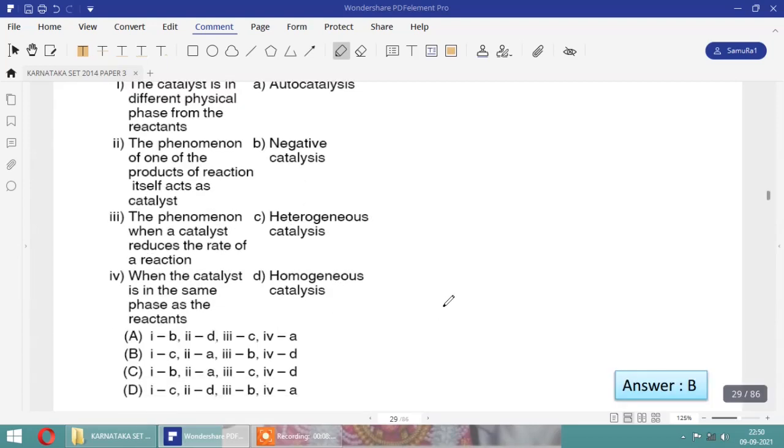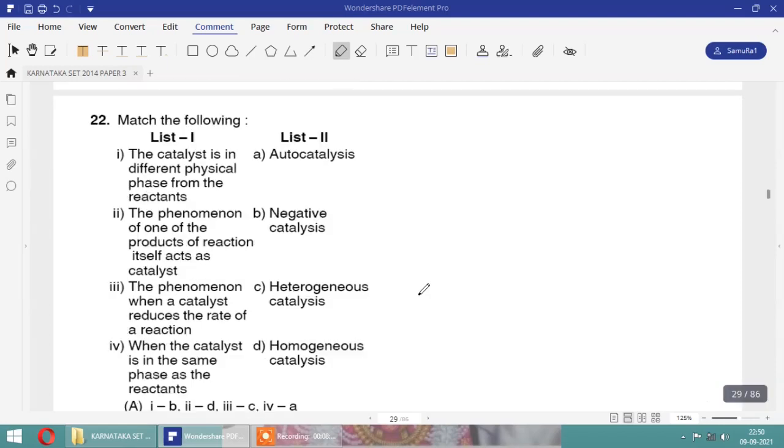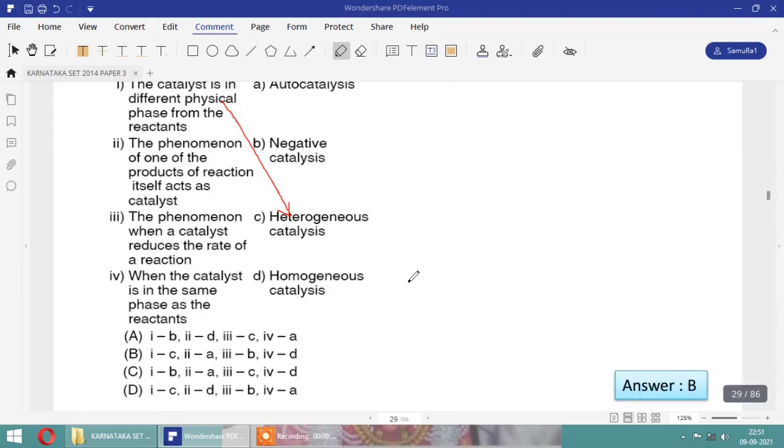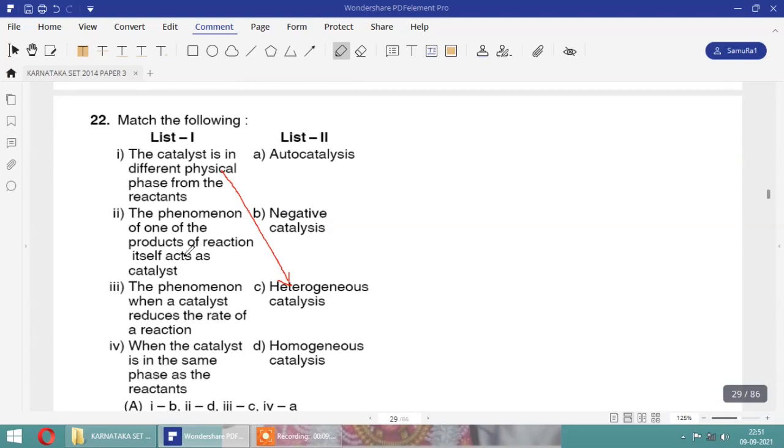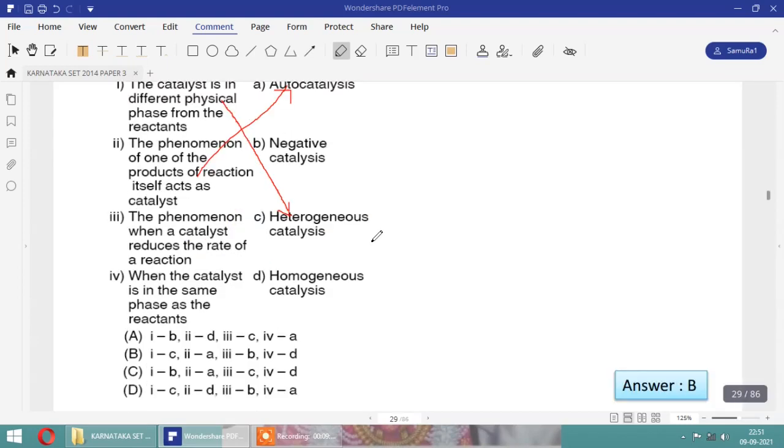Okay. First one, the catalyst is in different physical phase from the reactant is heterogeneous catalyst, because the phases were different. If the phases were same, means it is homogeneous catalyst. Okay. And the second one, the phenomenon, one of the product of the reaction itself acts as a catalyst is autocatalyst. And the third one,